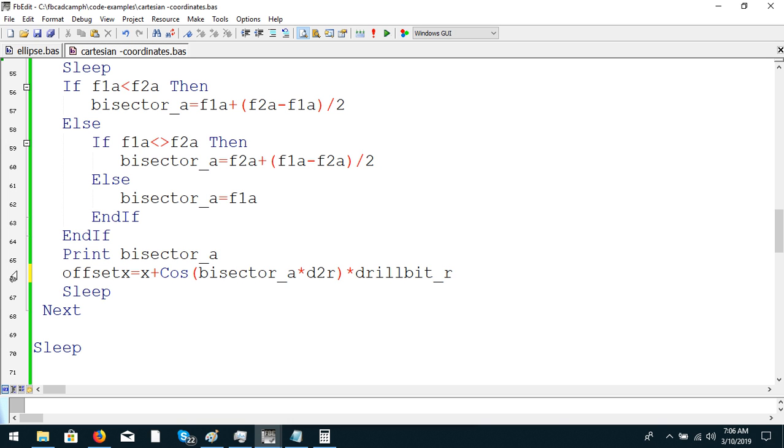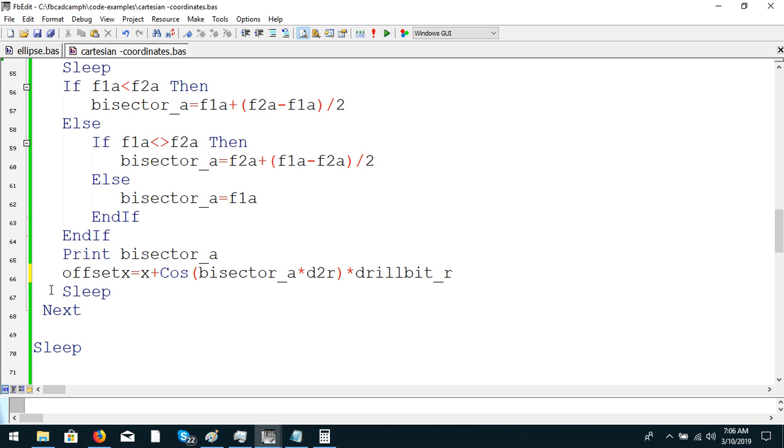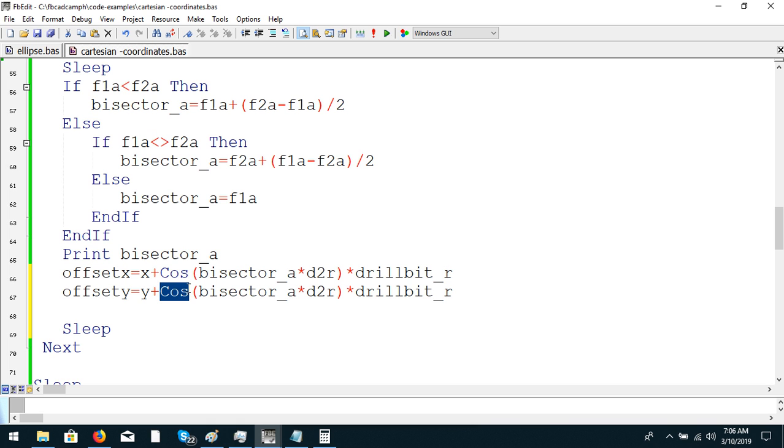And I need to do the same thing for the y. Okay, Control V, y, and then do the y here, and instead of cosine it's sine,